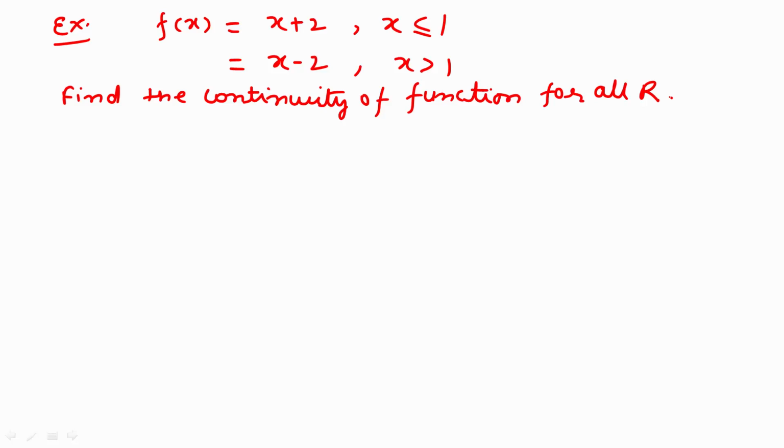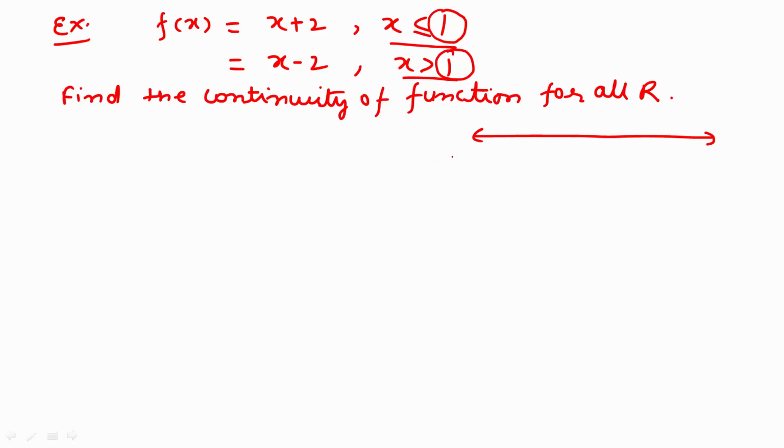So the best method for finding continuity of a function is, first check this number. सबसे फर्स्ट में जो हमारा फंक्शन का कंडीशन दिया हुआ है, इस कंडीशन पे जो भी रिपीटिंग नंबर है, तो फर्स्ट में यहाँ रिपीटिंग नंबर है 1, तो इस रिपीटिंग नंबर को हम नंबर लाइन पे ड्रॉ करेंगे.